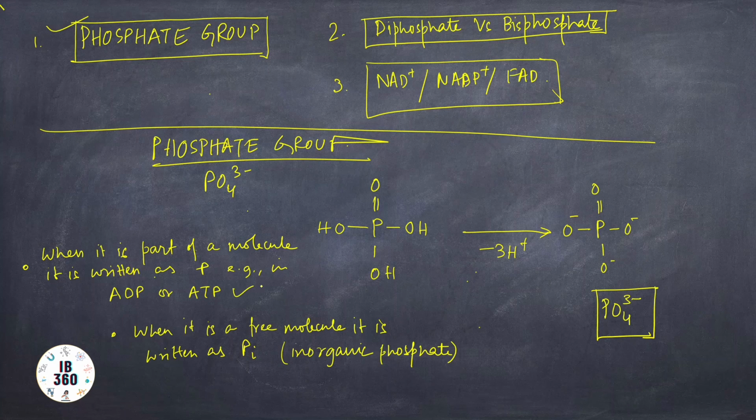Another example here is C6P. This denotes nothing but glucose phosphate. C6 denotes our glucose molecule, and P the phosphate atom which is part of the whole molecule. And with inorganic phosphate, you have often seen reactions written like ADP plus Pi, inorganic phosphate, gives us ATP. So here this Pi, or inorganic phosphate, denotes a free molecule of phosphate. That is the thing.